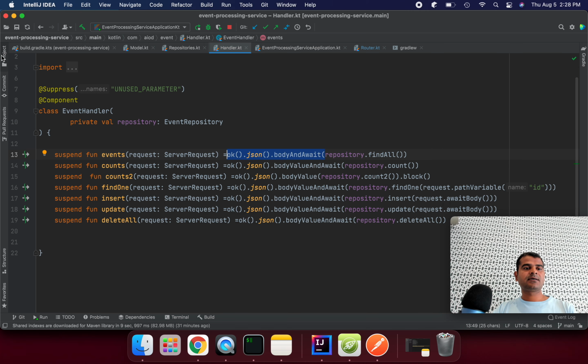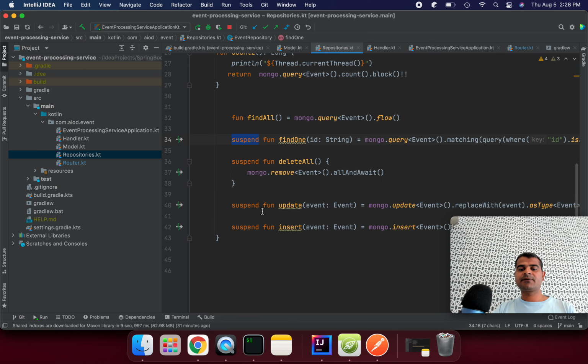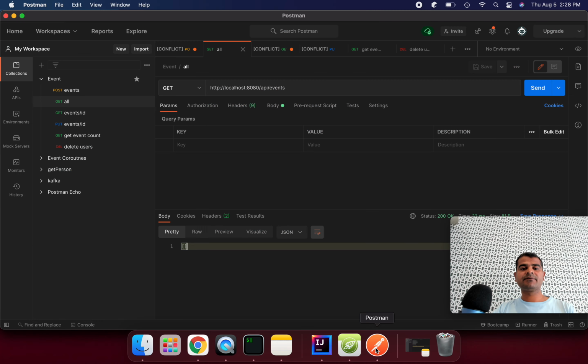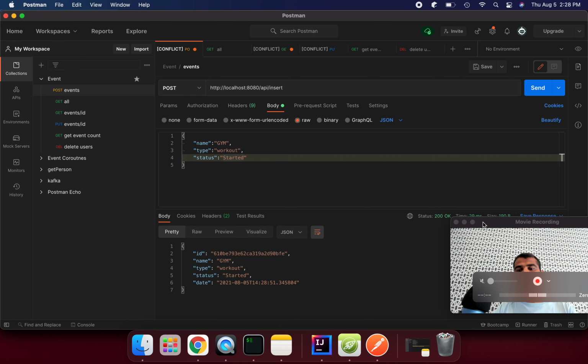Okay, so I think that's it for this lecture. Might be you're aware of Postman. You can use Postman to test whether your REST API is working or not, whether that data is inserting into the database or not, right? So those things you can do, and you can see in a nice way, you're getting the data right here.